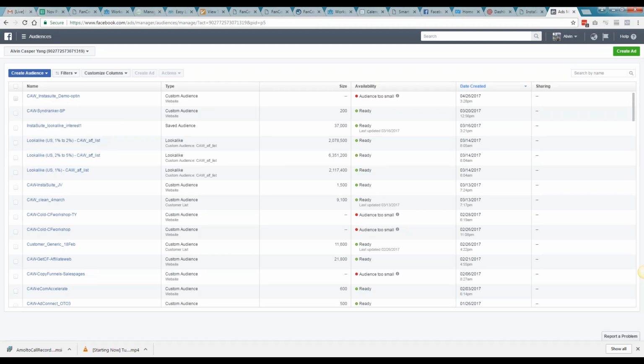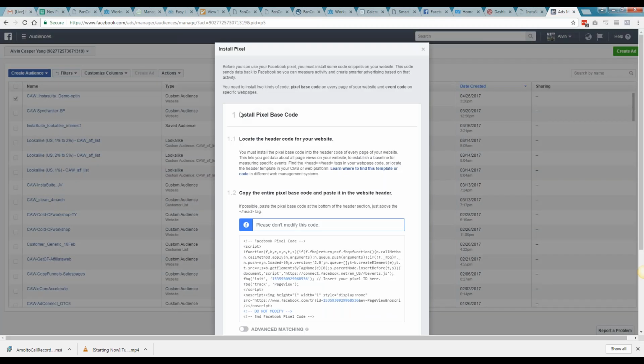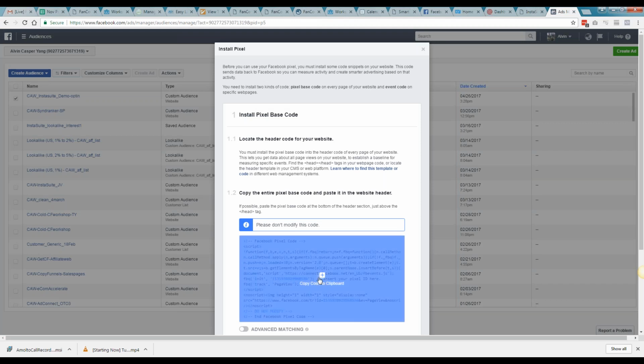All right. So just click on the check mark there. Click on Actions and click on View Pixel. All right, and this is where you can get the pixel base code. So just click on the code,